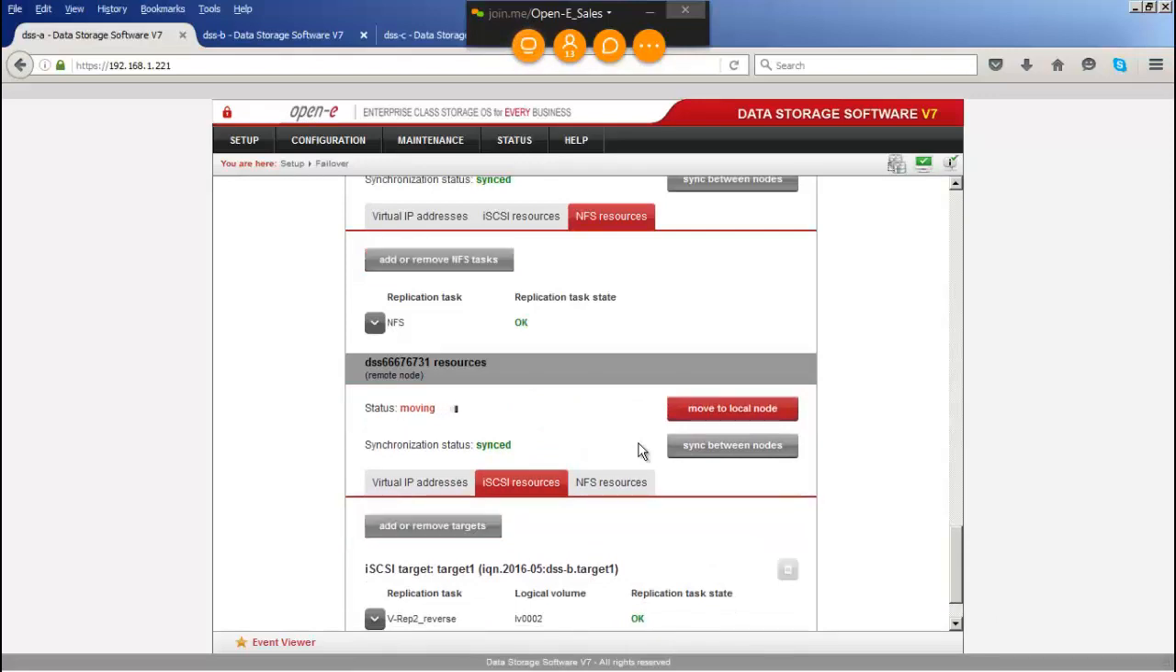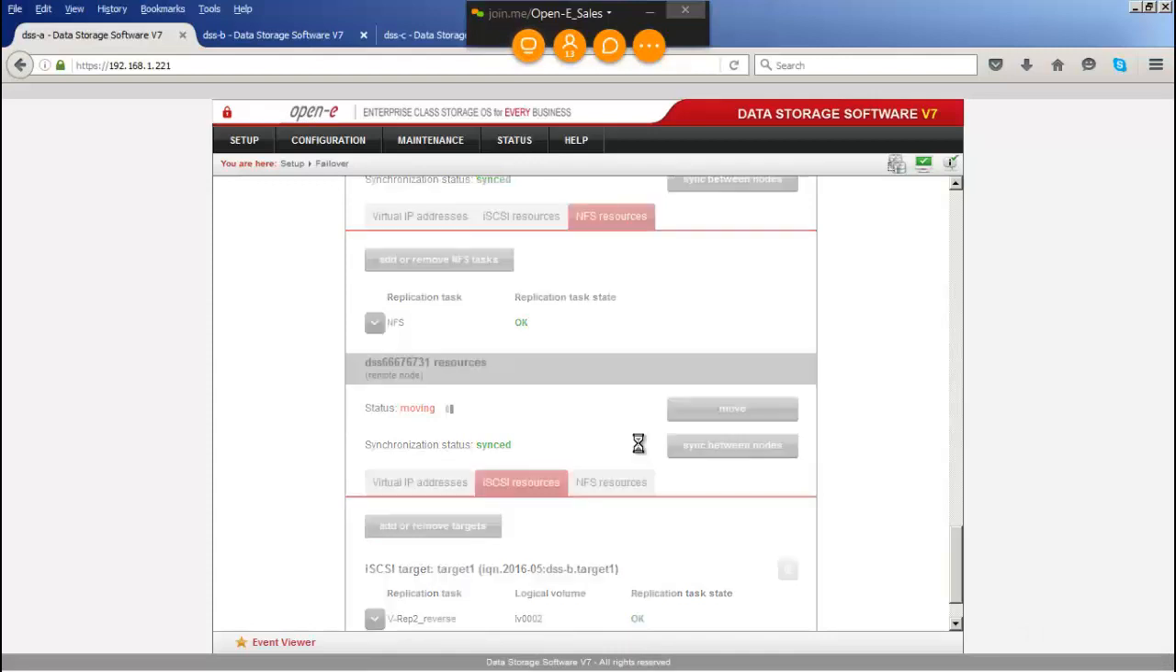So right now it's moving all the volume information, the metadata, everything. Now it's being noted that this is now the source volume. And if we look on node B,